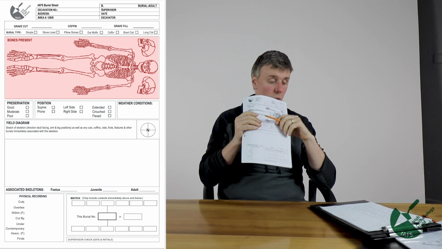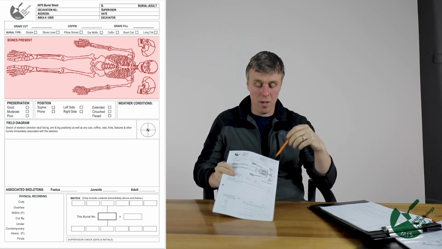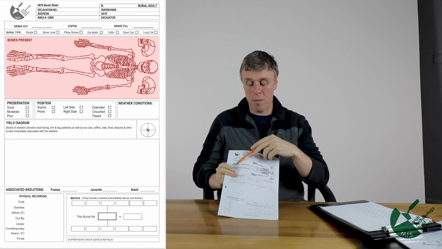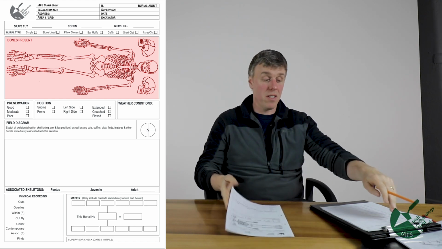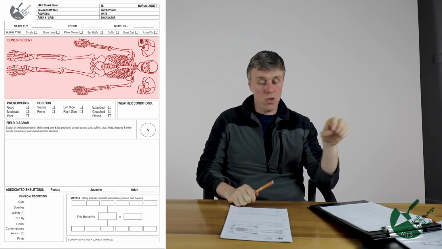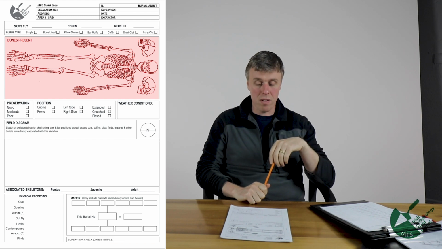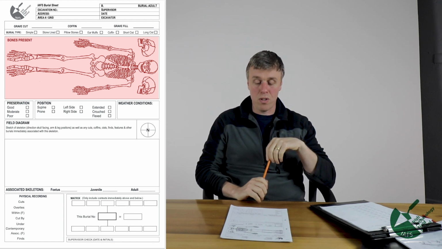We'll talk about how to do those in another video. When you get to take your archaeological levels, which you'll typically take on the skull, the sacrum, the feet, you'll also fill out the other record sheets. The likes of the fill and the cut, those sheets, you will be filling out as you go, because you may find something in them as you're excavating them, okay? So you fill those out as you go.